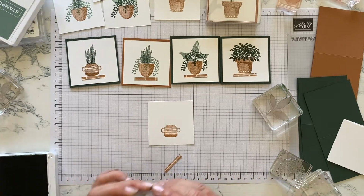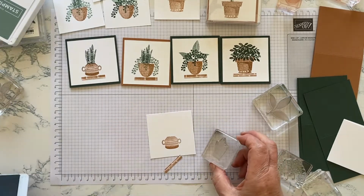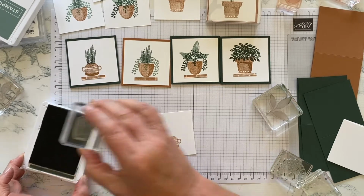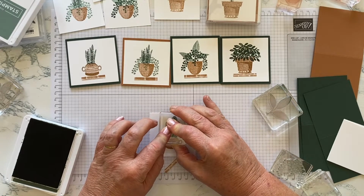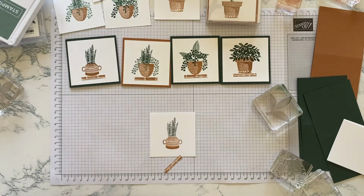Now, will the snake plant fit without having to mask it? Yes, it will. And I think I want the darker green for that, so evening evergreen. And boom. 1, 2, 3, 4, 5, 6, 7, 8, 9. Beautiful. Okay, so it's quick and easy to stamp up